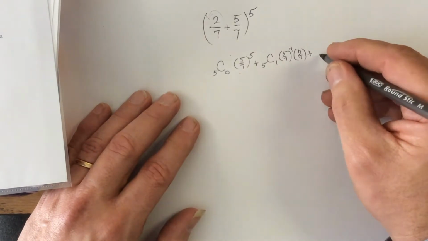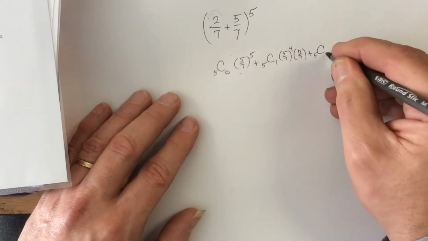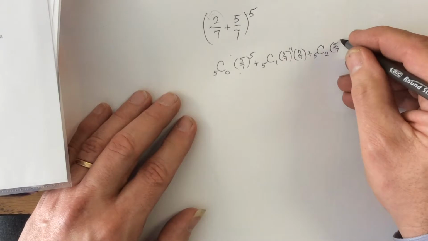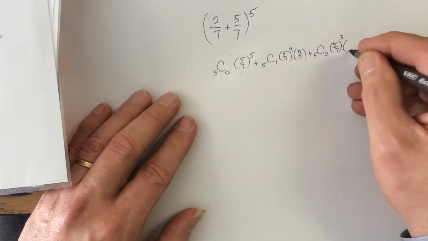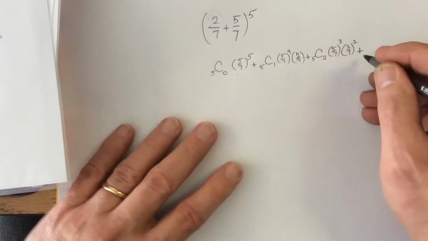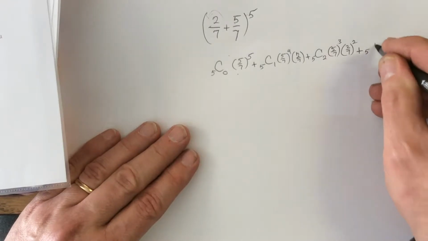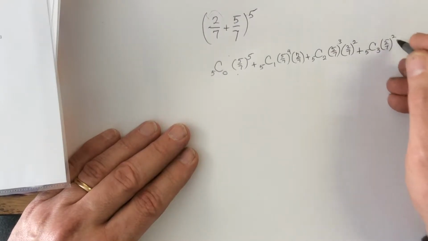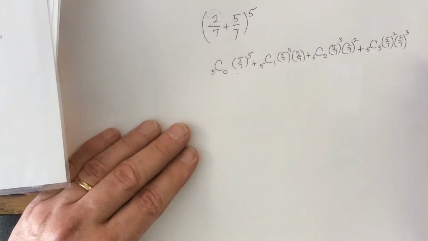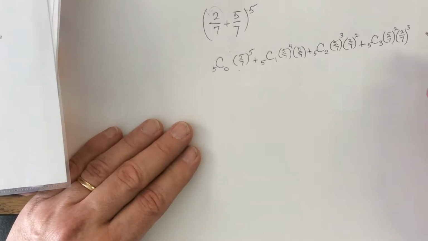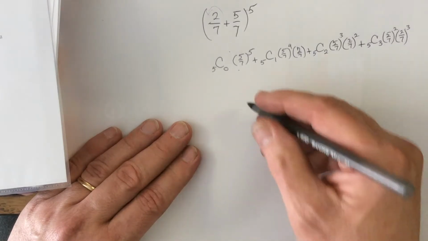The probability that 2 of them were born on a weekend: 5 choose 2 times (5/7) to the 3rd times (2/7) squared. And the probability that 3 were born on the weekend is 5 choose 3 times (5/7) squared times (2/7) to the 3rd. Now, if you're working without a calculator, you can stop there. If you're working with a calculator, or if you want to keep going anyway,